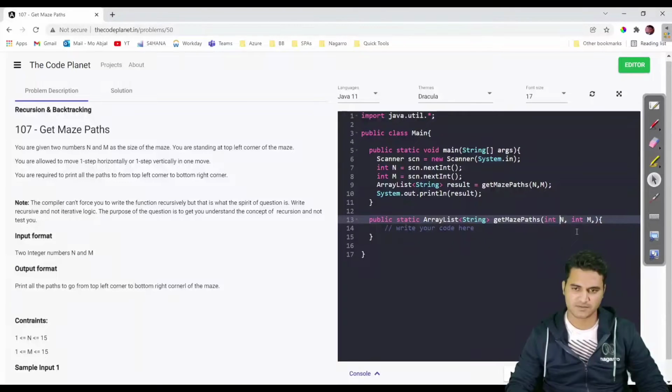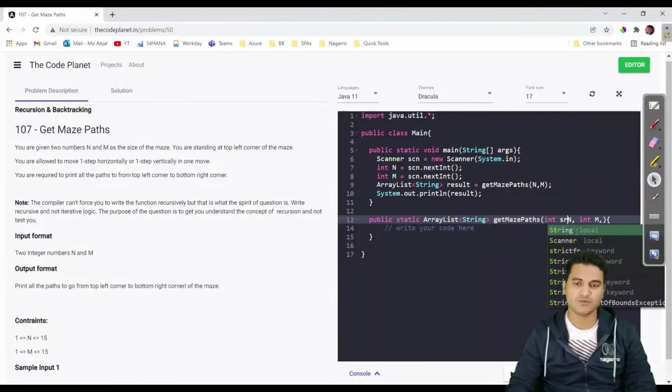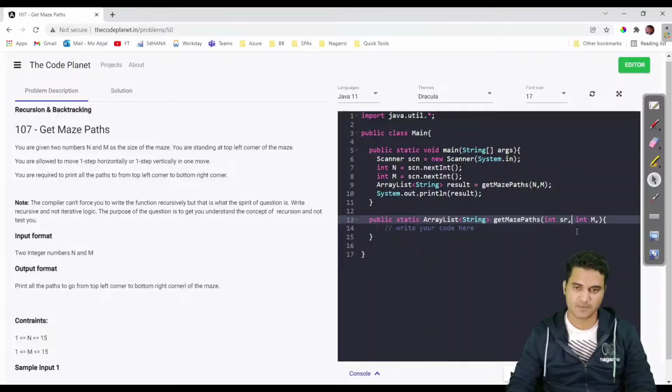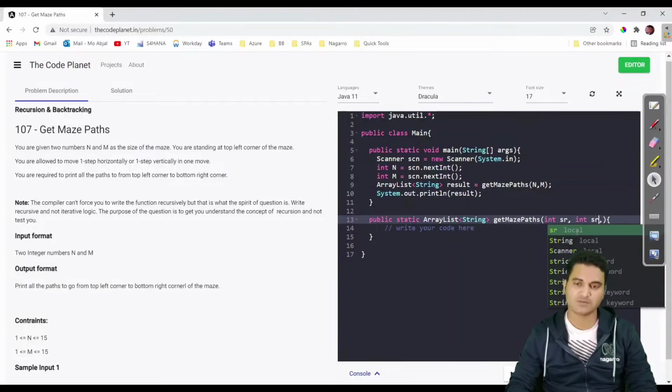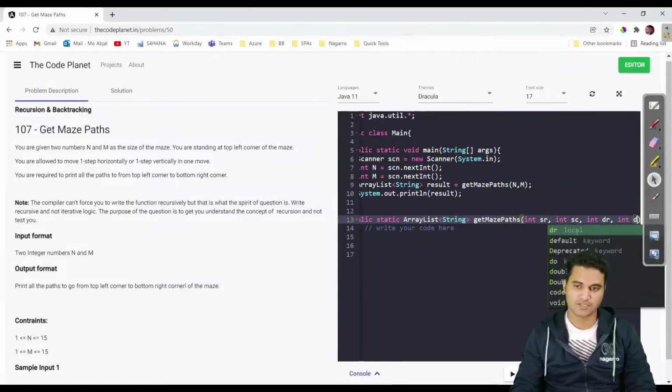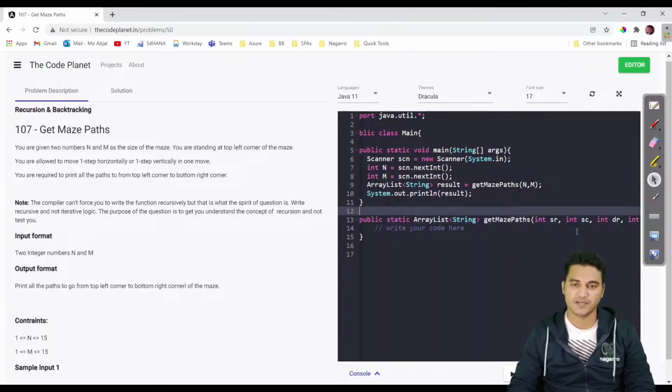Okay, source row and source column, because a maze is nothing but a 2D matrix. And here destination row, destination column. Initially source row and source column are n comma n, and destination row and column is 1 comma 1.